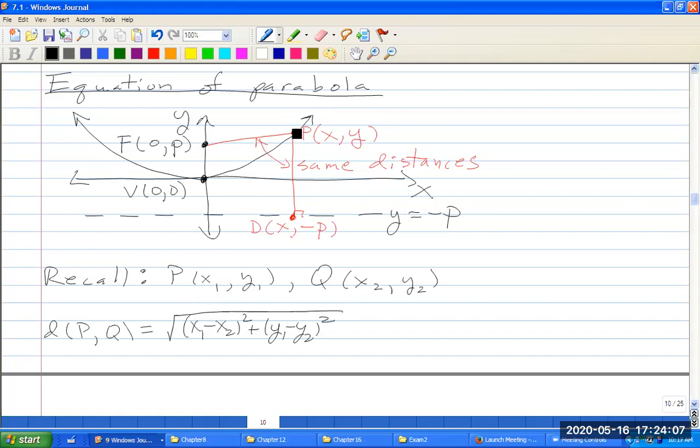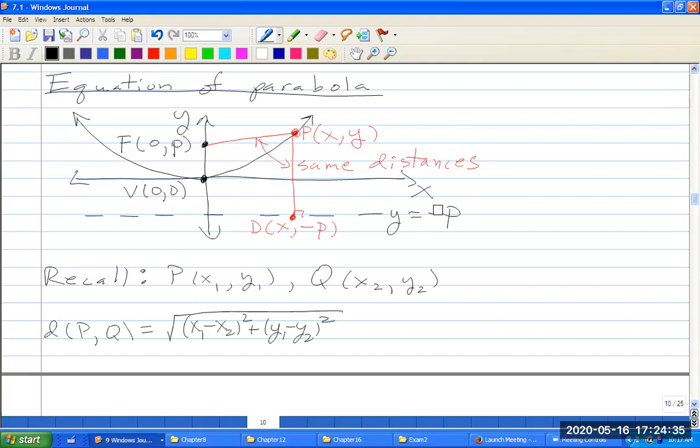Again, suppose I have some directrix. Suppose that this is a parabola whose focus is at the point (0, p). So I'll have a coordinate axis where the focus is at (0, p) and where the directrix has the equation y